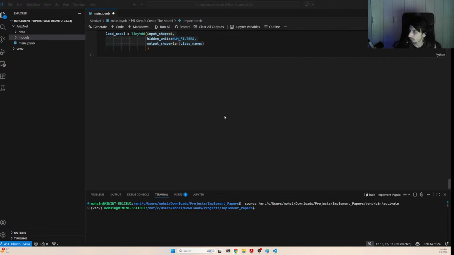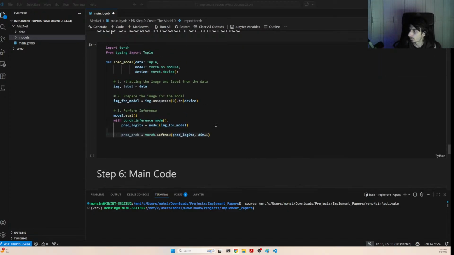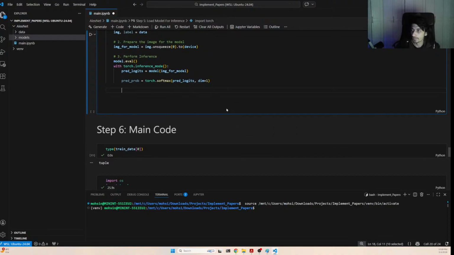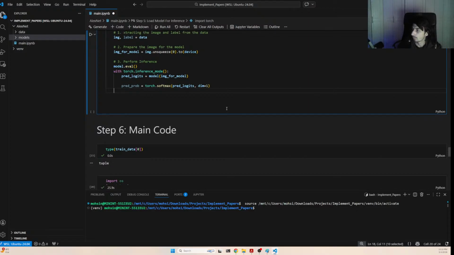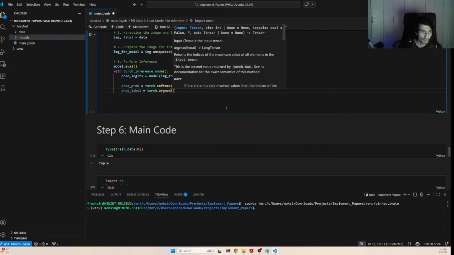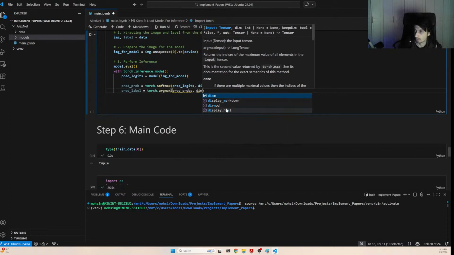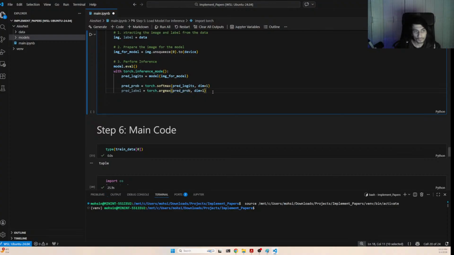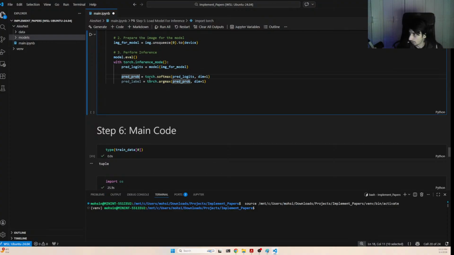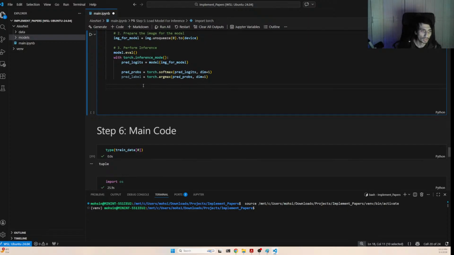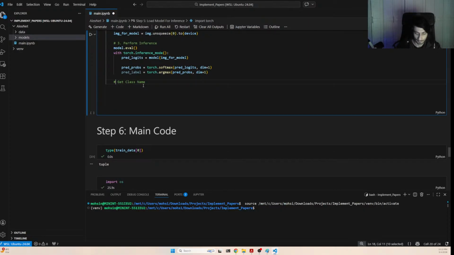So logits into probability, and then probability to the label. So this will be prediction label equals to .argmax, and then the prediction probabilities to 1. That's probabilities, plural, and then your prediction class name, which is 4. And then we